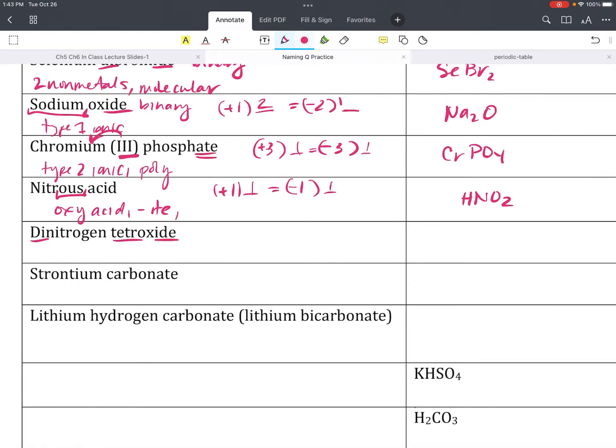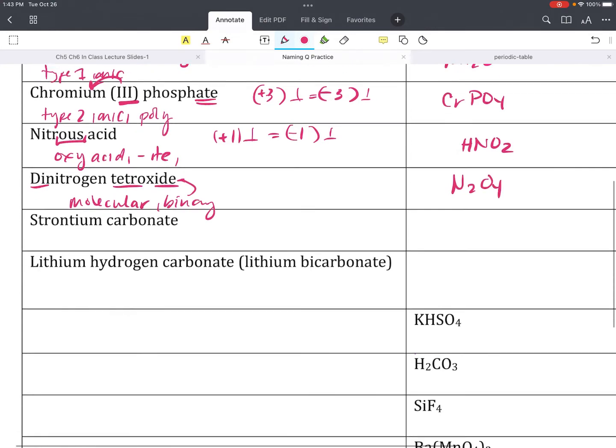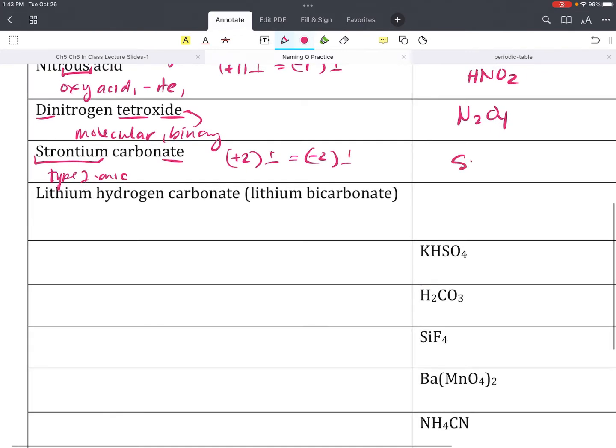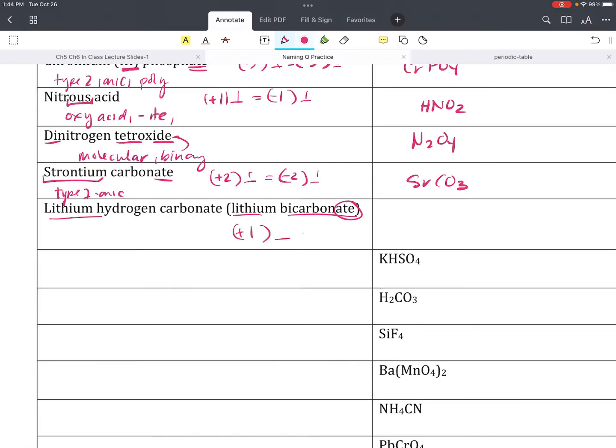Tetra, and the ide, so this is molecular, because I would look at my periodic table and see that indeed it's 2 nonmetals. The ide tells us that it's binary. So I'll just write what it says, which is N2O4. Strontium carbonate, ate. This is a metal, so I have a type 1 ionic. I'm going to balance my charges. It's going to be +2, -2, which means I need one of each. So SrCO3. Here, lithium bicarbonate, +1 for lithium, -1 for bicarbonate. I need one of each,